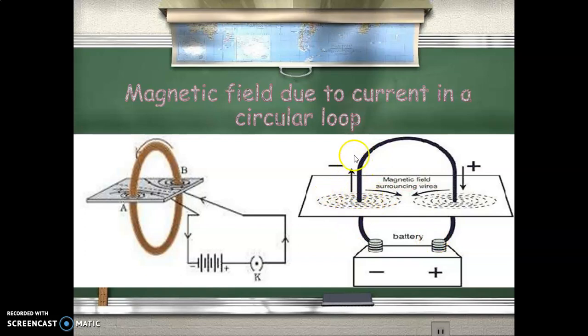So the same activity we have to repeat with the loop. Consider a current carrying loop. It is connected to a battery as we have to pass some current through the loop, and the loop is made of metallic wire, obviously a good conductor, and this loop is passed through the card sheet paper. If you spread some iron filings on the card sheet paper, the moment the current is flowing through the circular loop, immediately we can see the circular pattern the way we have seen in the previous example. But in this case we can see two circular patterns, as the loop is there, so it appears like two different conductors, isn't it? So we can see here two different circular patterns.